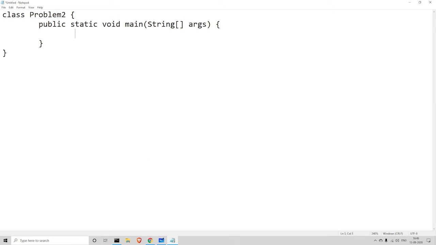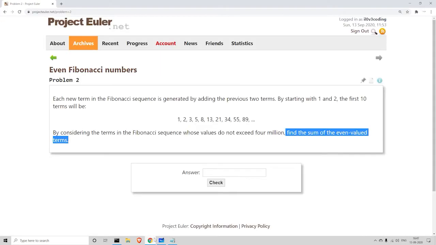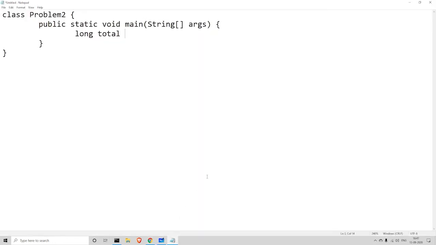It's a long variable, because int has a limit on the size of number it can store. You cannot be sure that the sum of a lot of numbers will not exceed 10 billion, because 4 million is already a 7-digit number.